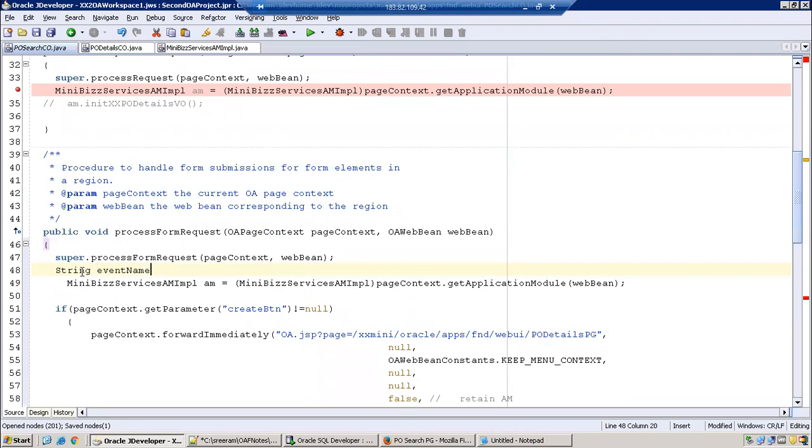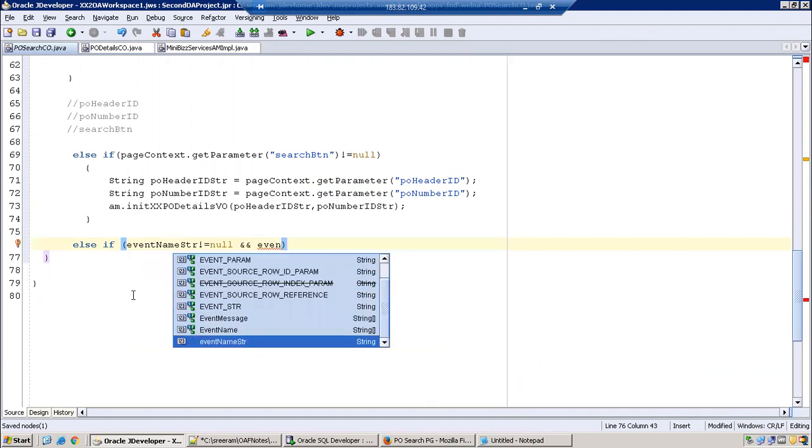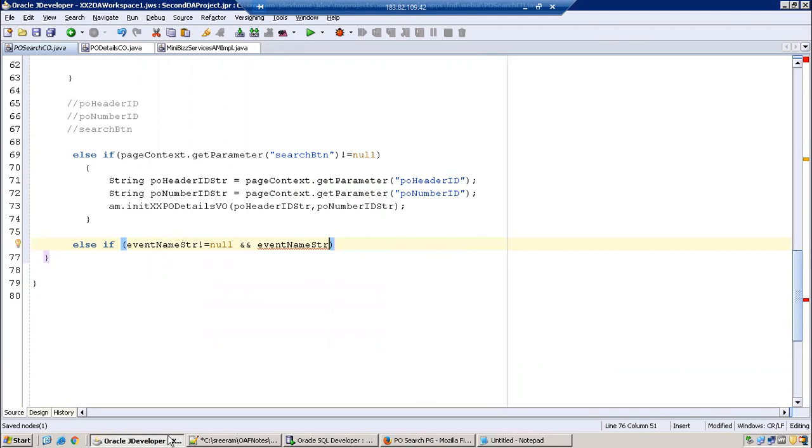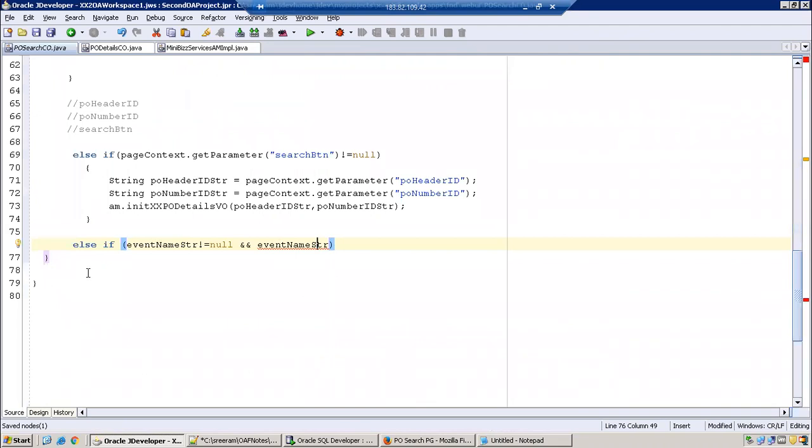Event name str is equal to this one. So this is our event name, Pivot view event. This is the event name dot equals this one. And this equals to this event.